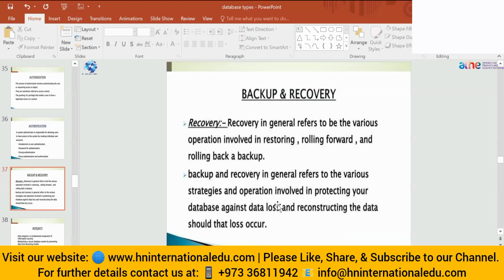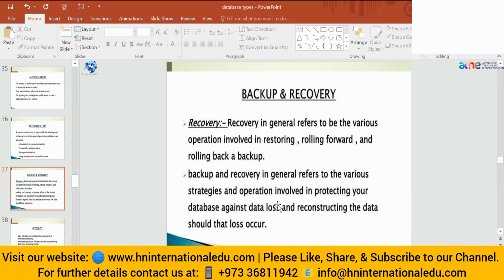So we can recover it from that. The backup and recovery generally refers to, as you people have the backup of your mobile phone data, as well as you save your photos or videos on Google Drive as well. That means your cell phone data is also saved, or a backup of that data is created on the Google Drive. That data is saved there.